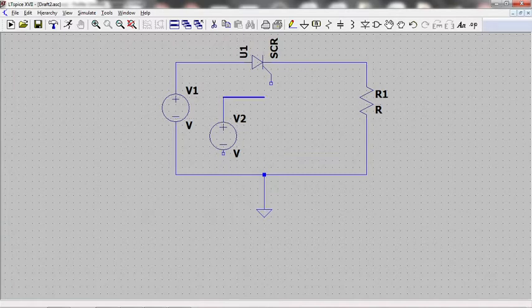So the pulse generation circuit positive terminal I am connecting to the gate of the SCR. Then the negative of the pulse generation circuit I am connecting to the cathode of the SCR. SCR is a 3-terminal device: anode, cathode and gate.